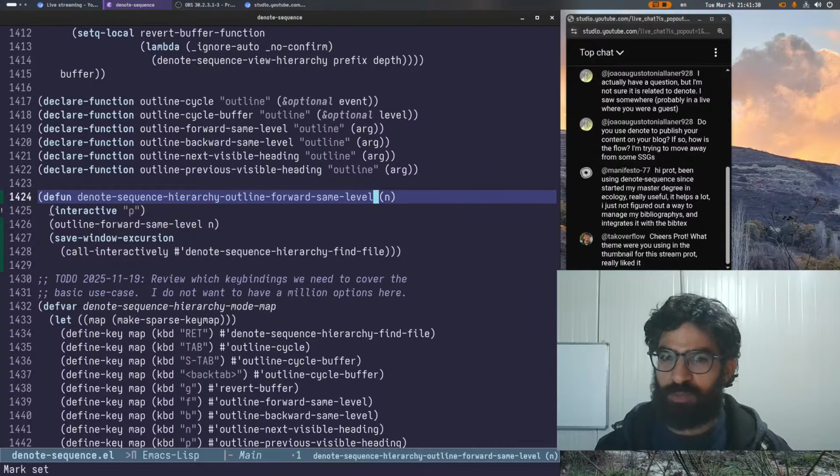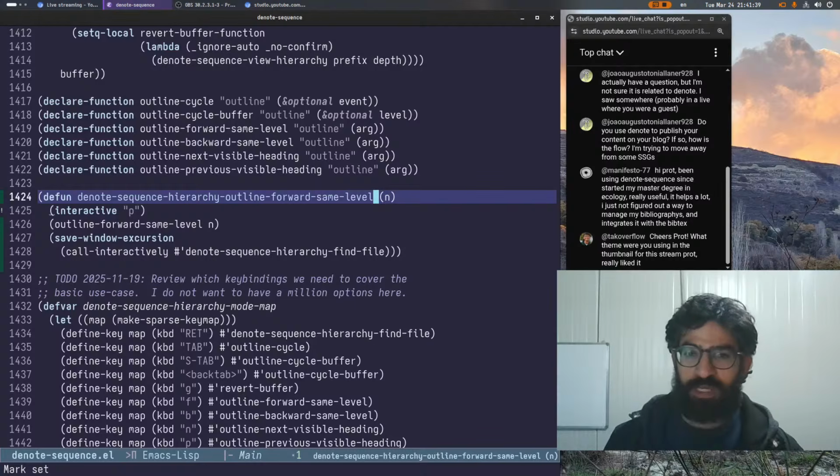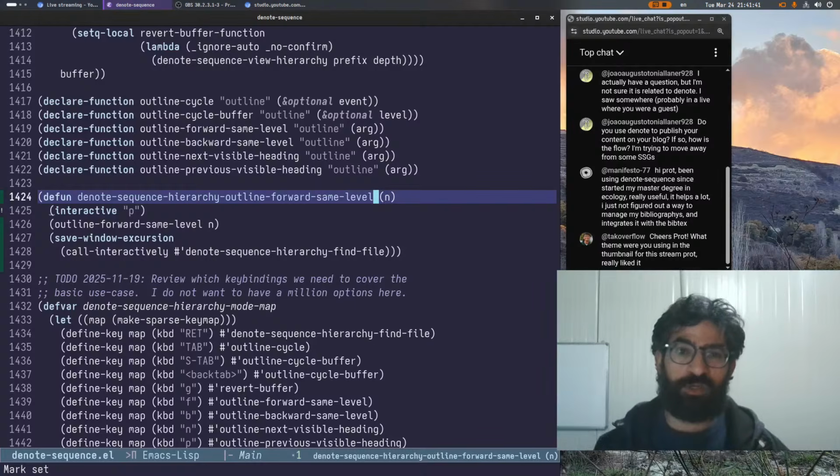I saw somewhere, probably in a live where you were a guest. Do you use denote to publish your content on your blog? If so, how is the flow? No, I don't. And this is because in